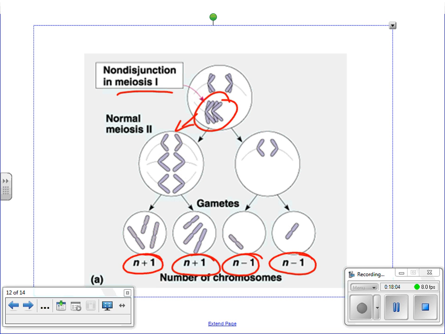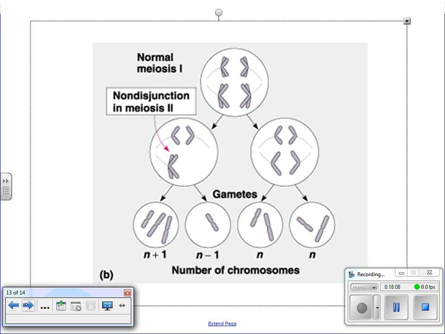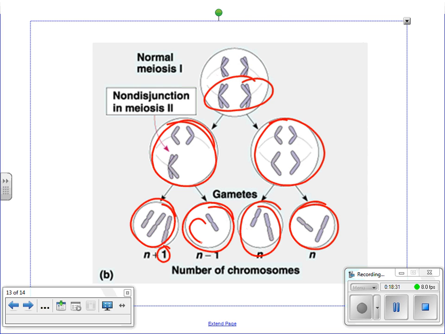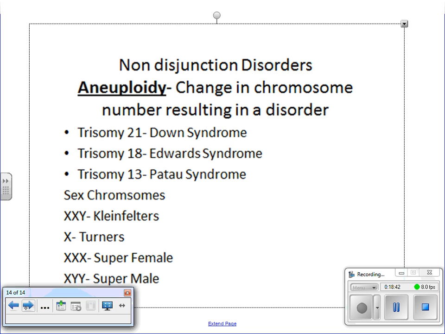If it actually happens in meiosis 2, however, the effects are seen less, because meiosis 1 has already happened normally here, so this cell has the correct number of chromosomes and is going to end up with the proper set of haploid DNA. However, if it happens in meiosis 2 like it does over here, then one of the eggs is going to end up with one extra chromosome and the other egg is going to be missing one. And that's going to be a problem if those eggs end up being used to fertilize and come up with a new organism. So any change in chromosome number, which I just showed you, is known as